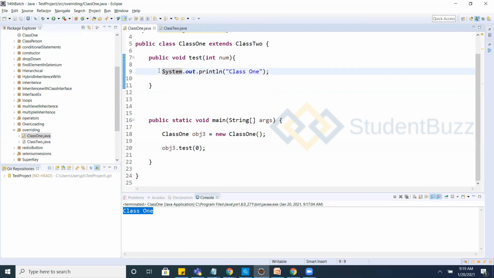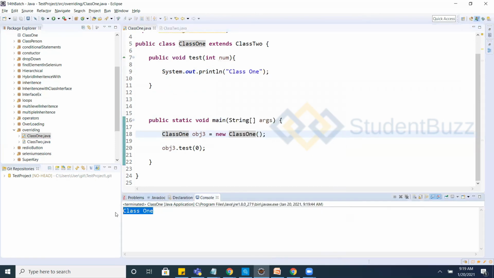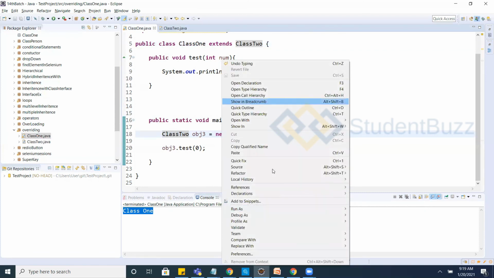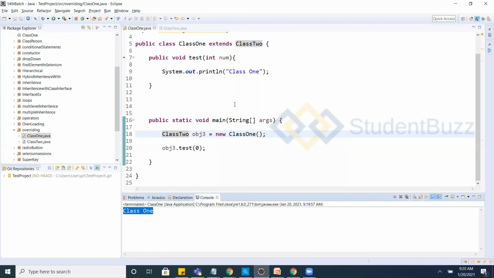Someone is asking a question. When you create a child class 1 object and execute this class 1 method, it is executing from the child class. If you give this class 2 object reference also, as one only, it is executing the child class method only.